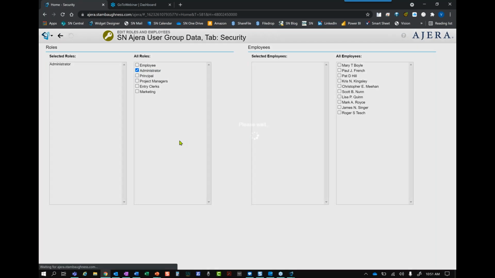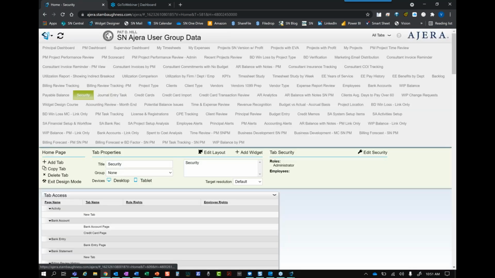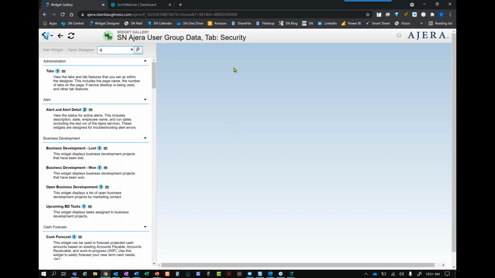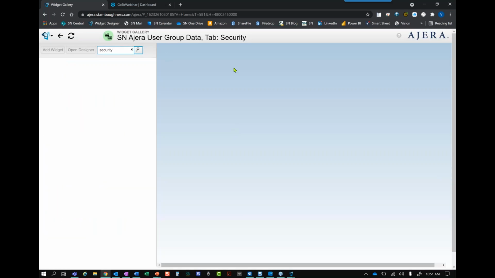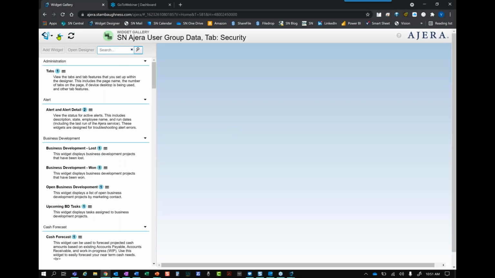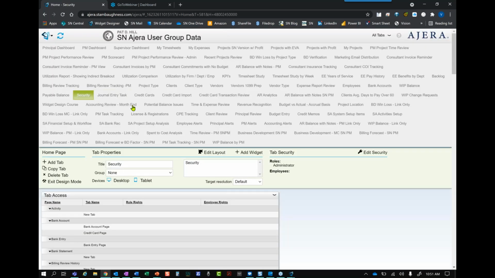But once you're in design mode, you should see every dashboard tab that's in the system here. I don't know if this is in the widget gallery. Do you, Brian? I don't, but I know it's a standard tab, so as long as it hasn't been deleted, it should come with the program. Yeah, it's not in the widget gallery, but, oh, okay, great. Brooke found it in design mode, perfect.